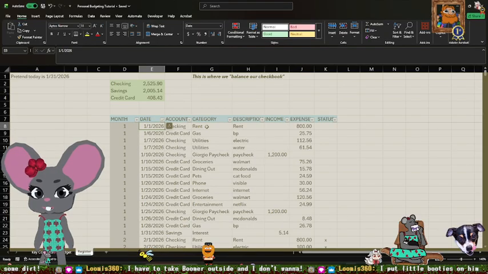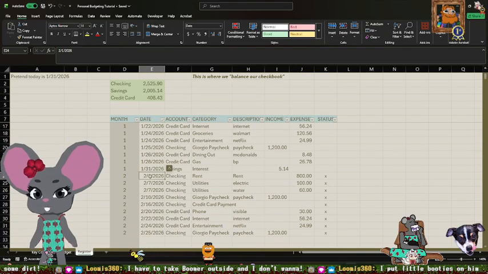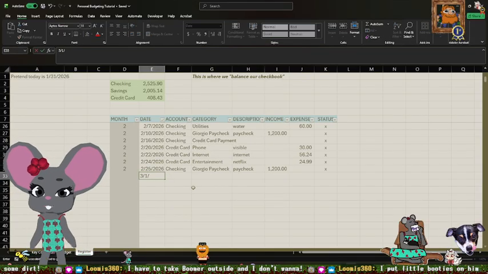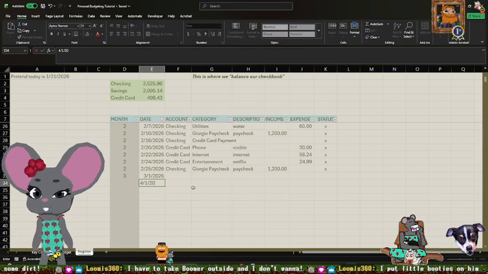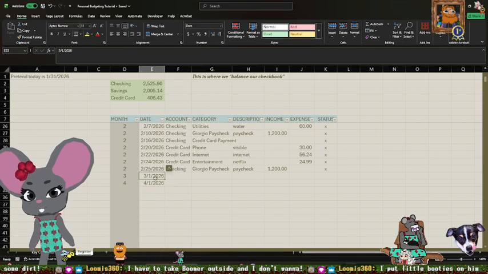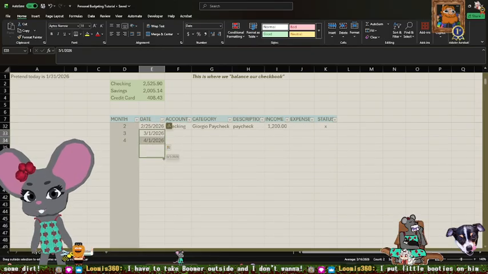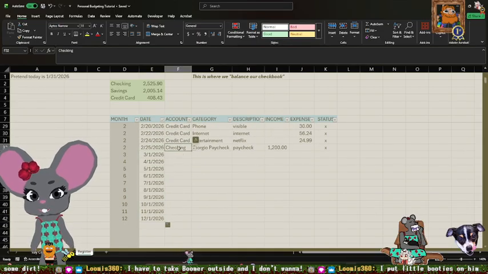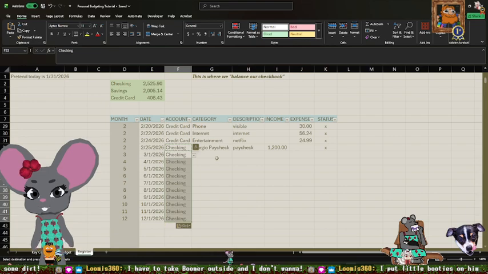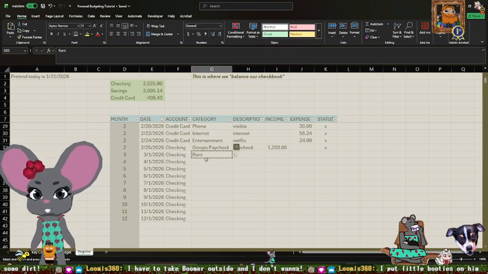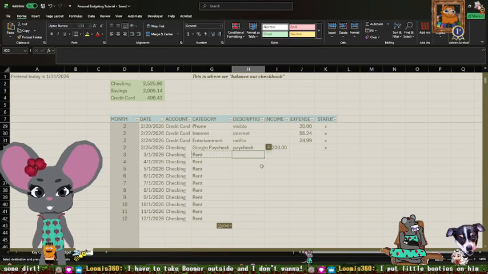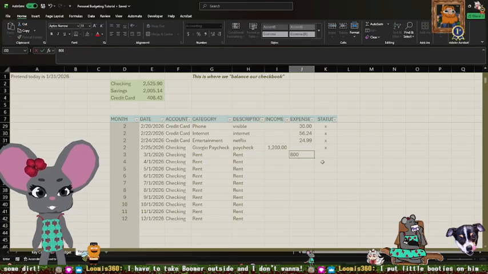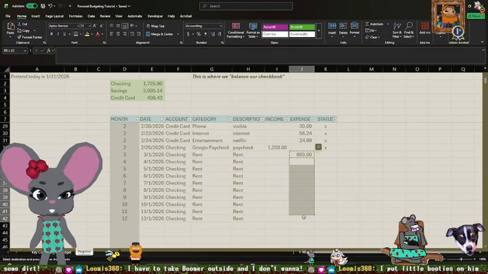So we know rent came out on January 1st and on February 1st. Let's continue that for every month of this year and budget the whole year. So I'm going to highlight these two and continue that for the rest of the year. It's going to be coming out of my checking account. I'm going to take the checking, just copy that down here. Rent, copy that down. It's rent, that's the description. And it's going to be $800 every time, unless, you know, there's a rent hike.